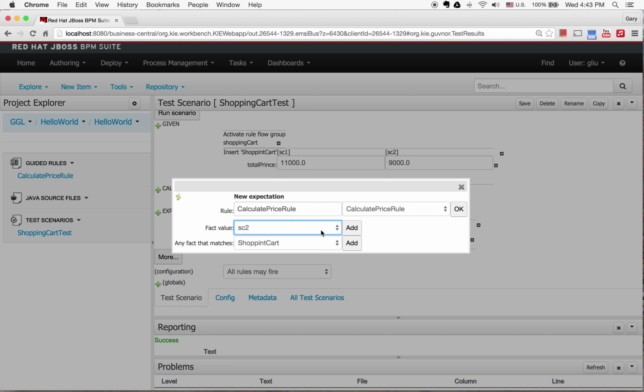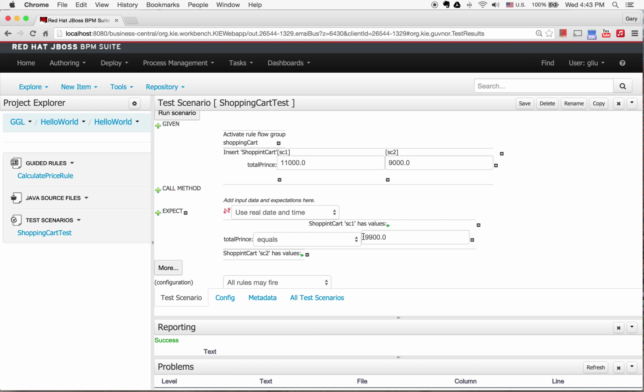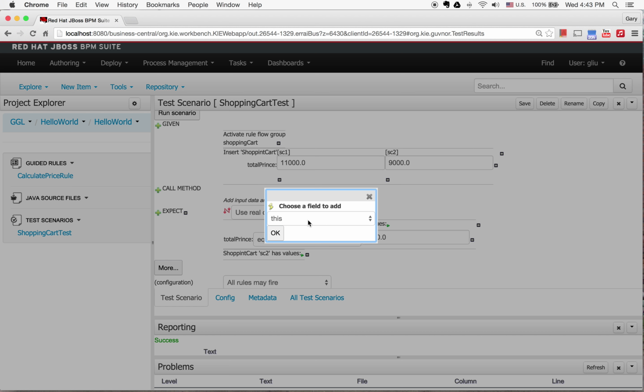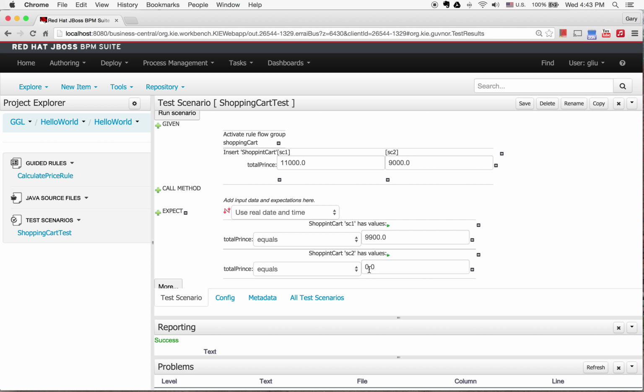This is just a variable, right? We add this. Here, see that shopping cart IC2. Okay, so now we have total price. See, okay. What we should expect is 9,000